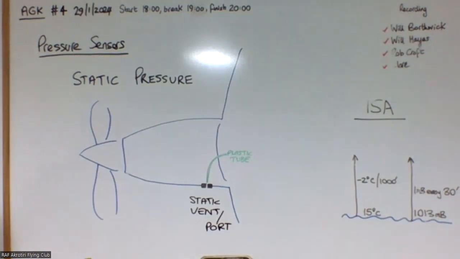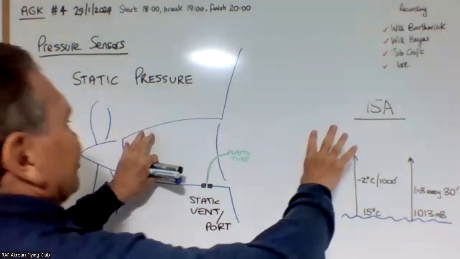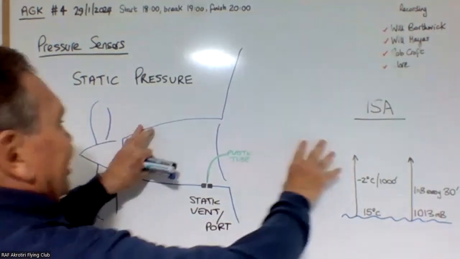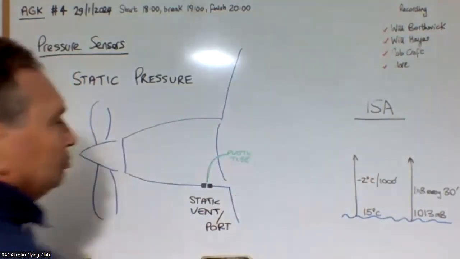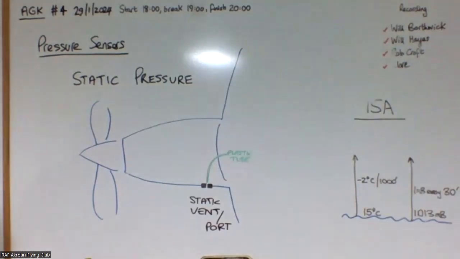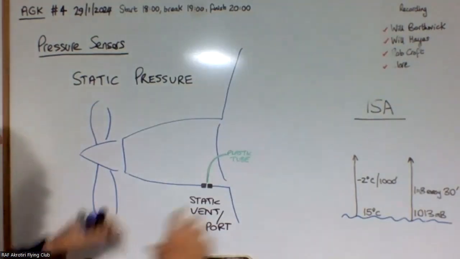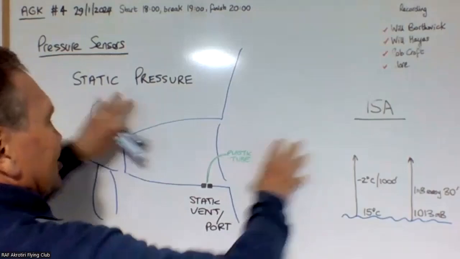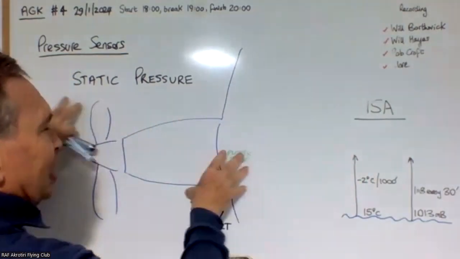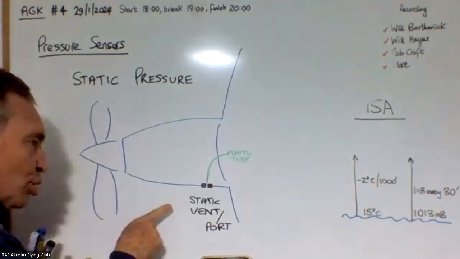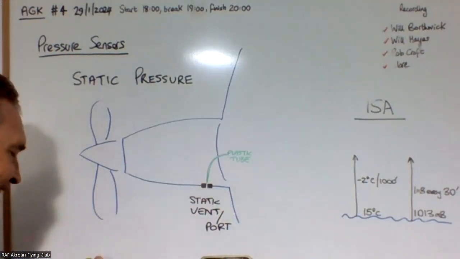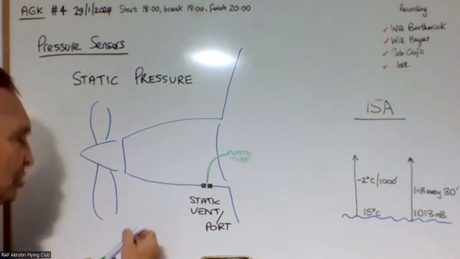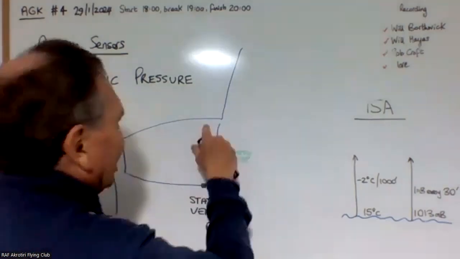Now, of course, if the plane is flying sideways slightly or in one way, you can probably imagine if it was flying this way, just tilting, flying sideways a little bit, then this would show an artificially higher outside air pressure. So you do tend to find that some planes